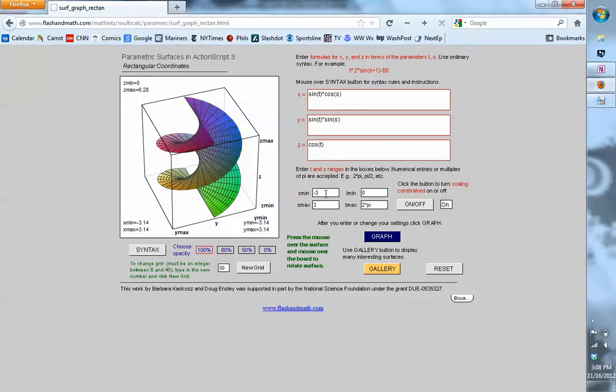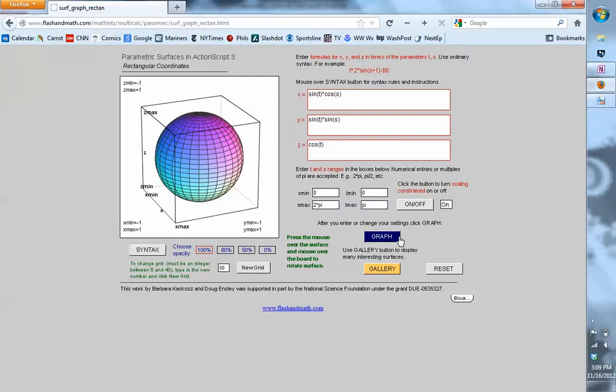should be what? 0 to 2 pi? And the t parameter range, do you remember how that worked in spherical coordinates? 0 was the north pole, pi was the south pole, and that got the whole thing, right? Okay,